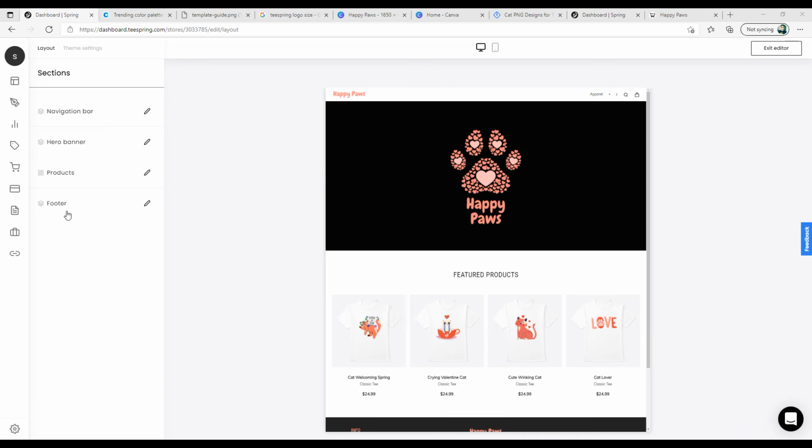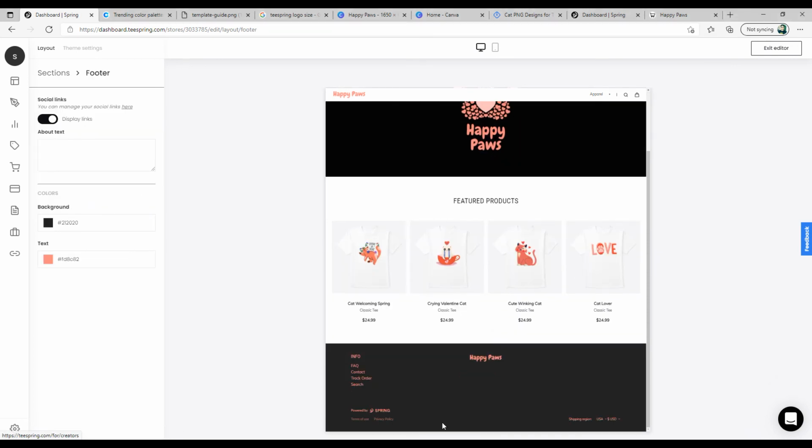Finally, let's look at how to customize the footer section of your Teespring store. Now go and click the edit button next to the footer, and here you have an option to add an about text. So all these are already pre-filled, and you cannot customize these areas because these are related to Teespring, so you cannot make any changes here. All you can do is add an about text so that it can be displayed on this particular space. You have an option to customize the background of this particular area. So right now I have it as black since it goes well with the banner color.